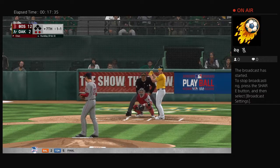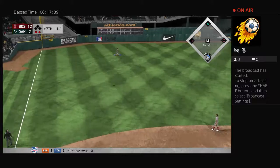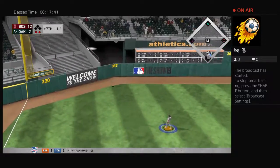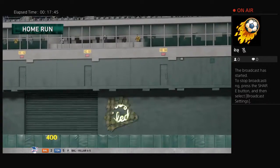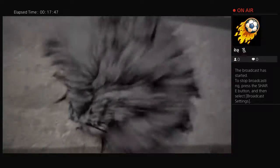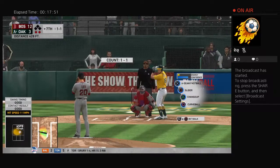Digging in, Nick Hundley. He comes in 0 for 2 thus far. High and deep to left. This one's got plenty of distance. And gone. An absolute bomb. Well, some people would say this homer is wasted because they're